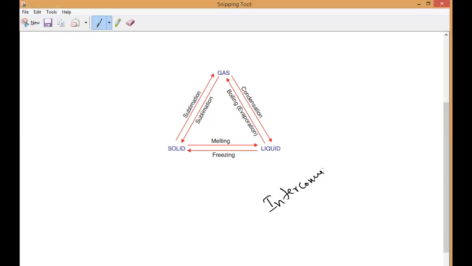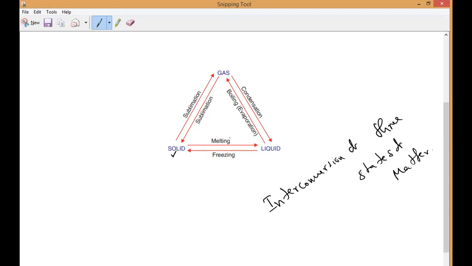Interconversion of three states of matter. Please, all of you, look at the three states of matter. First of all, let us start with a solid. Here, who is there, guys? This is called as what? Solid. Understand? Now, solid to liquid, you can go clockwise or anti-clockwise, your choice.